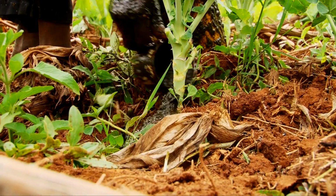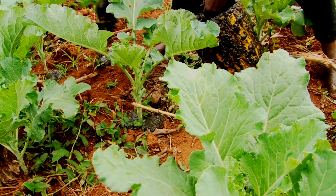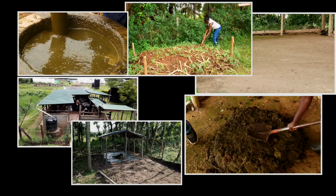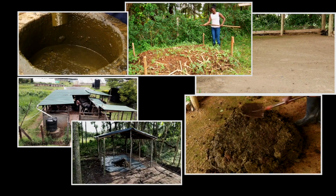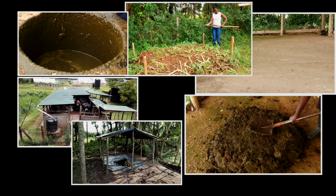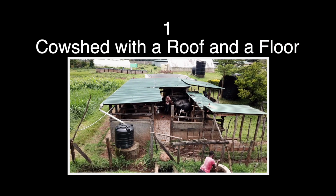The bioslurry from the digester is a very good and nutrient-rich organic fertilizer. To recap, these are the 6 simple steps to help you maintain the quality and get maximum benefits of animal manure. Number 1. Keep your animals in a housing with a roof and a floor that allows easy holding and